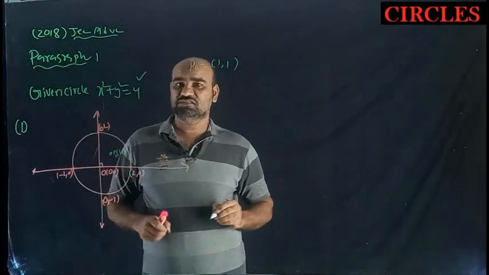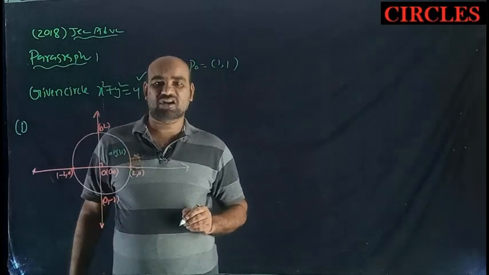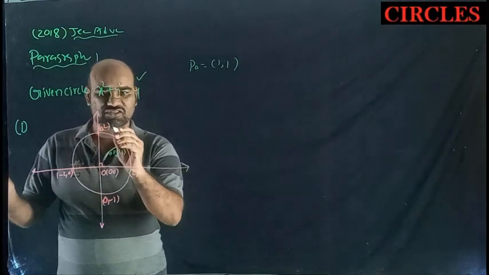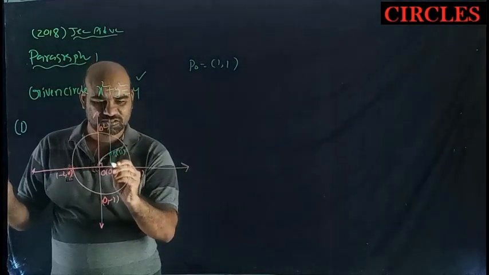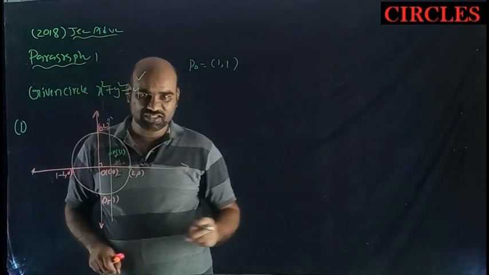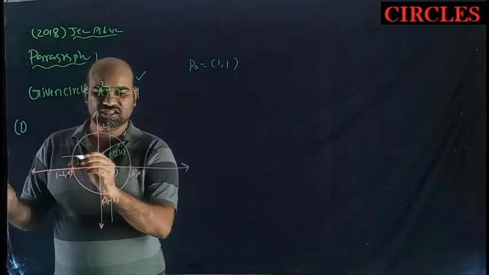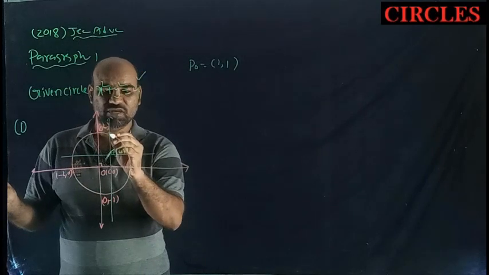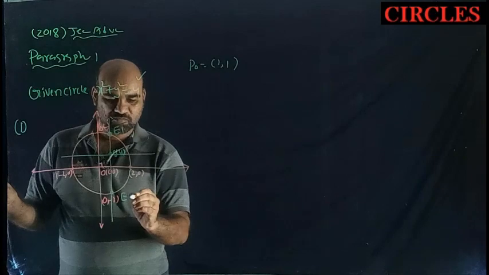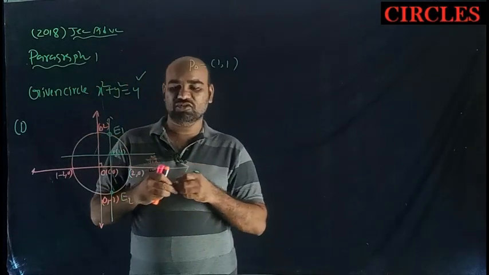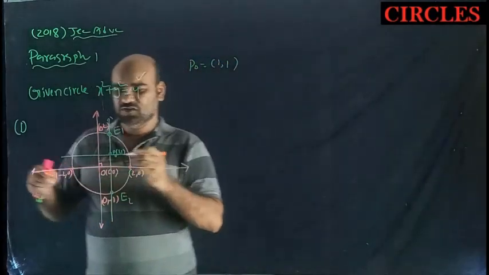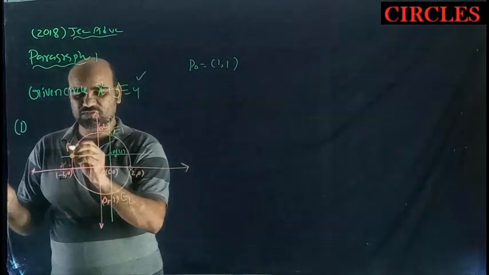Through P0, two chords are drawn. One chord is parallel to the x-axis, one chord is parallel to the y-axis. So this is one of the chords. Means secant, I can say. This is a chord; if I extend it, you get a secant. Another one is named E1, E2. E1E2 is a chord drawn through the point P0, whose coordinates are 1, 1. The other is given as F1, F2.